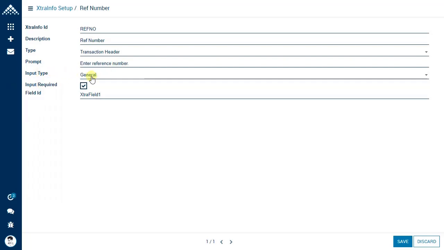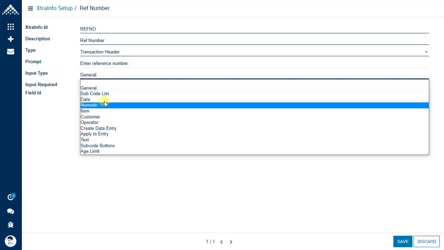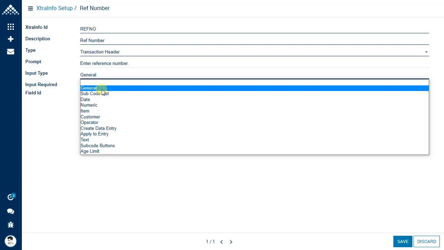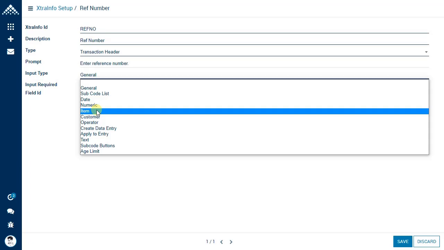Input type. Now, input type, there are various options available. For this example, we have selected general. Maybe you want to ask the user to input a date. It may be a numeric number. You may ask him to select items from a list of items that will appear, and he has to choose an item.